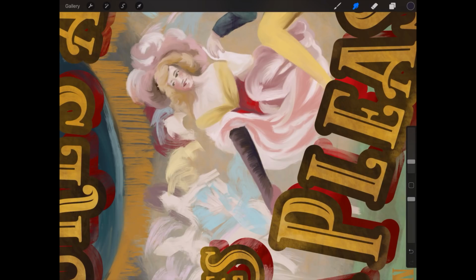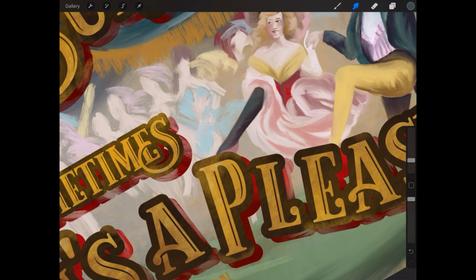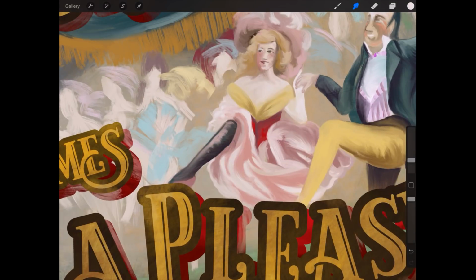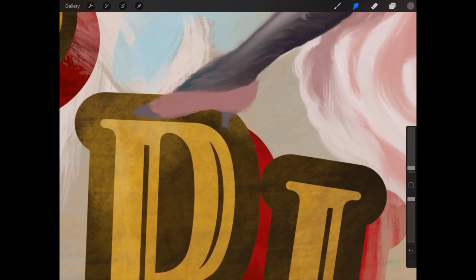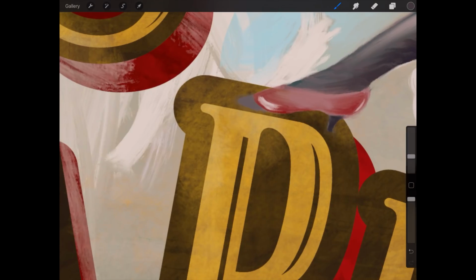And I'm contouring the shadows there onto the leg to give it a little bit of form. Picking up the colour from the curtains, putting that into the leg as well, and the colour off the dress, reflecting that onto the leg, so as to balance it off. And there we go. So I had to create a new layer to put this foot in. The initial main painting layer is below the lettering, and these feet are on another layer above the lettering. So it's important that I keep those two